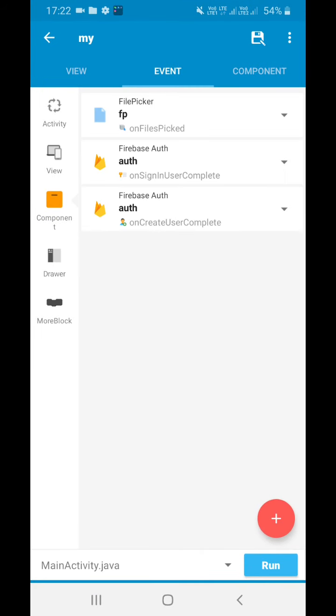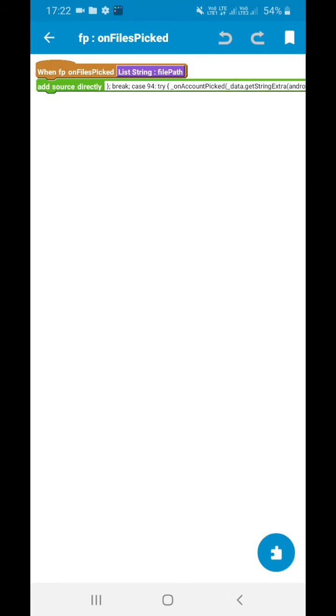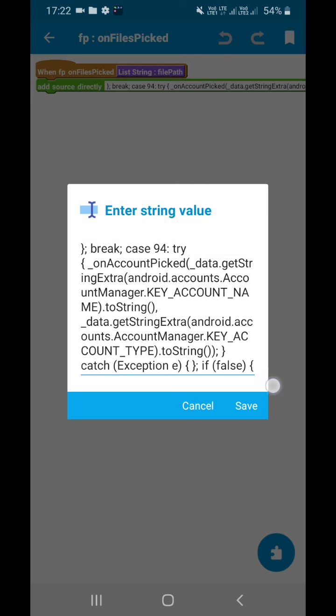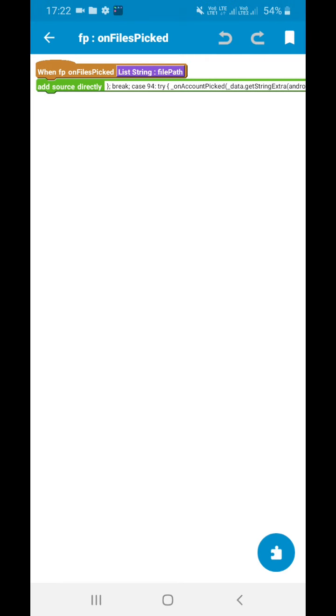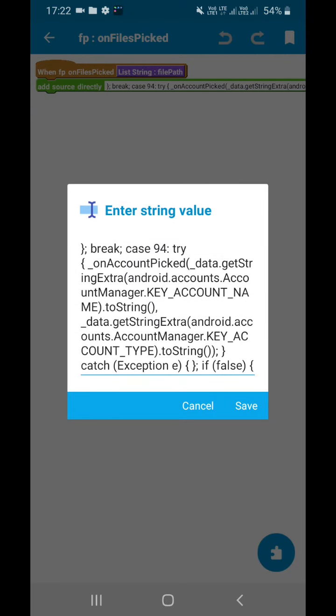Now on components, first let's go to on files picked. We have to add this code. This code will be provided in the description below. I will also try to give you the project itself, but it's not possible for me, as you all know that blogspot domains are not working, so I couldn't upload these in my website.